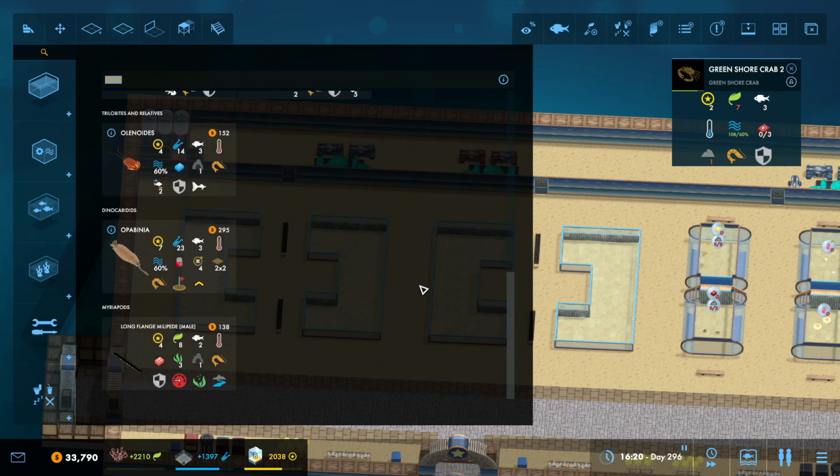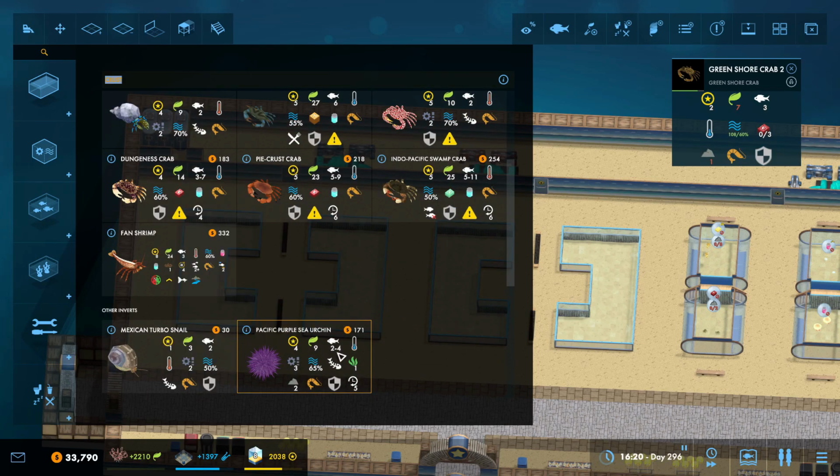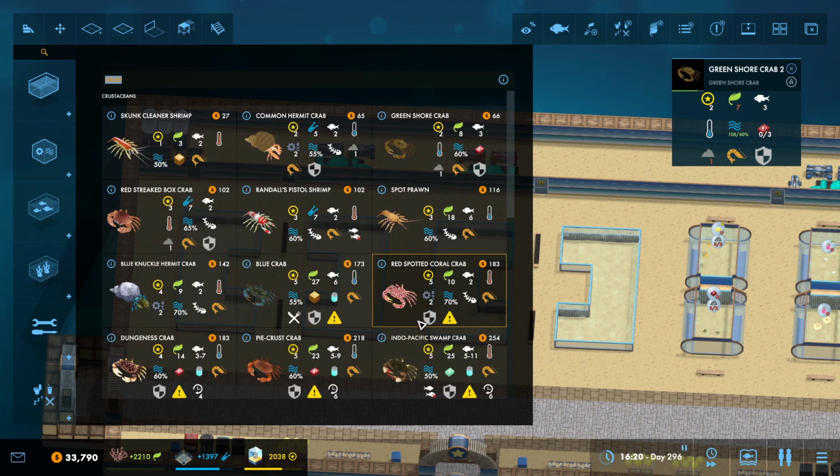So we can add in all of this stuff here. I'm not going to worry about millipede or anything like that for now, and that's a freshwater one anyway. And I believe we definitely got some more sea urchins somewhere. I may not have actually researched them yet, but we already have a green shore crab. A lot of these are scavengers. We are going to need some fish in there as well, or at least something that eats, to go along